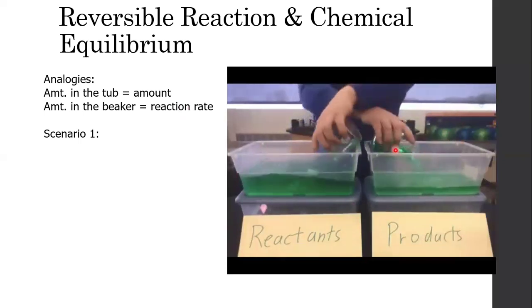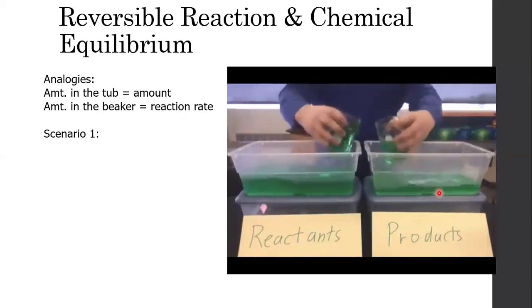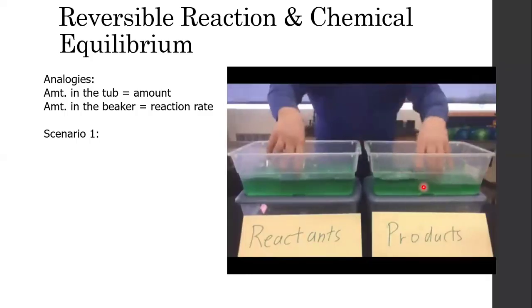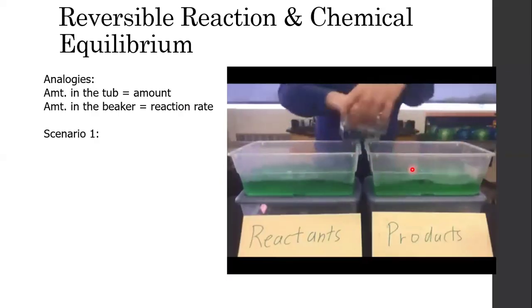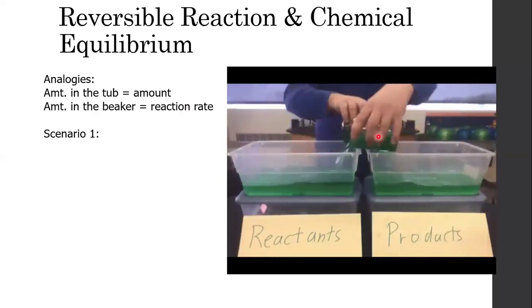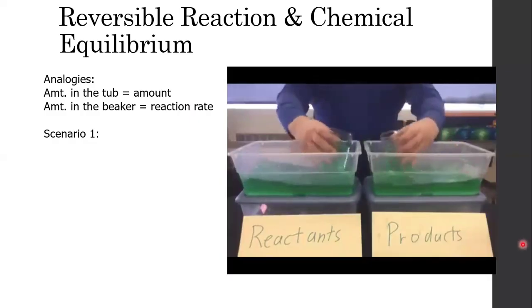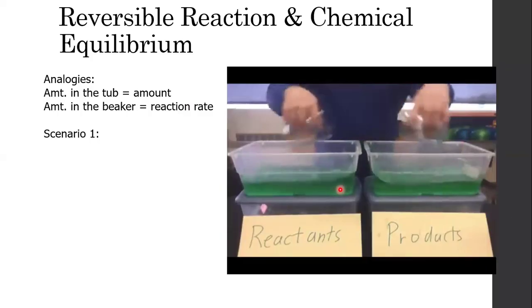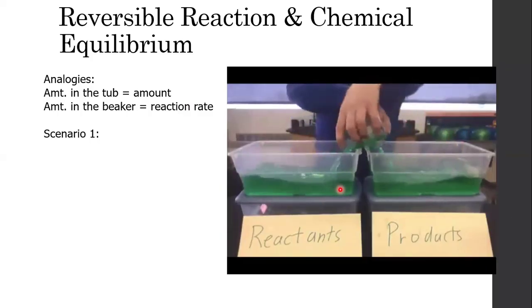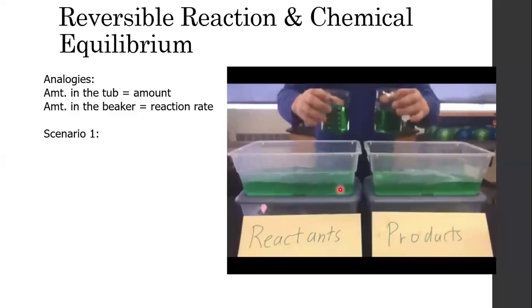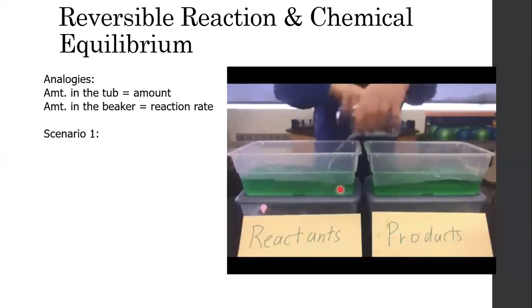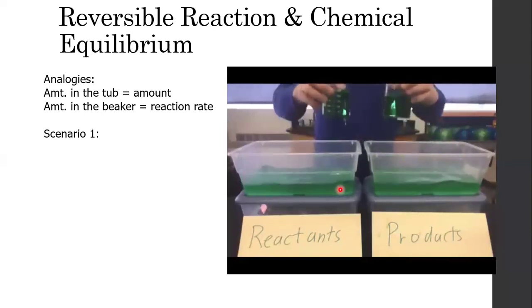Okay? But after some time, as more water is added, or as more products are added now to the other side, then the rate of the reverse reaction, which is product to reactant, would then increase as well. Okay, so this continues on for some time, and we can relate that to a chemical reaction that is trying to achieve chemical equilibrium. And we do this back and forth movement